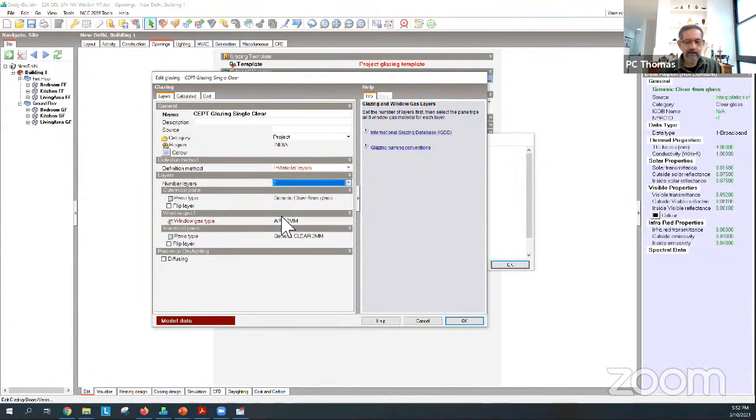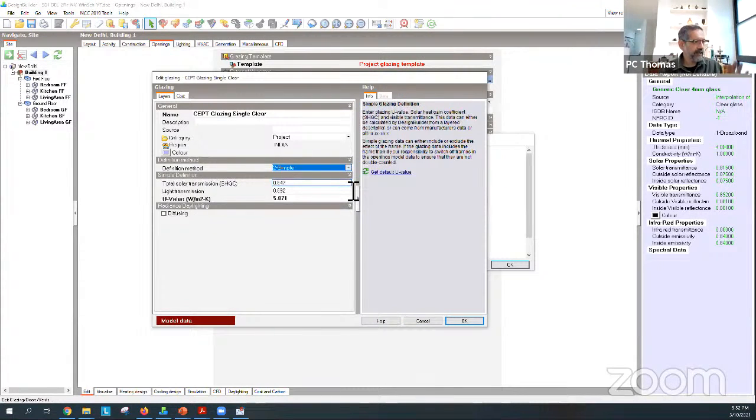You can have air or argon or krypton. These are noble gases which reduce the U value across the window. But certainly if you do that, then you have to account for a frame U value separately. Okay, so instead, what I suggest to you is that you may be probably better off taking a combined whole